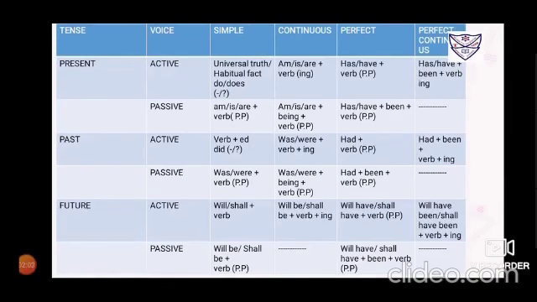Now for the future perfect continuous tense, active voice: will have been washing, shall have been washing. Again, for the future perfect continuous tense, passive voice is not possible. So in total, for 4 sub-tenses the passive voice is not possible. We only have to deal with the 8 sub-tenses for changing the active voice to the passive voice.